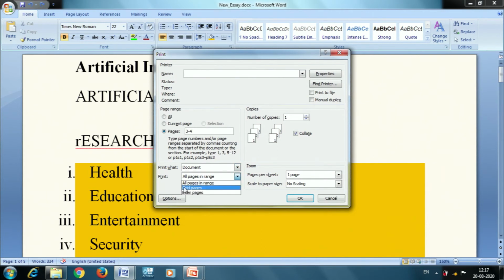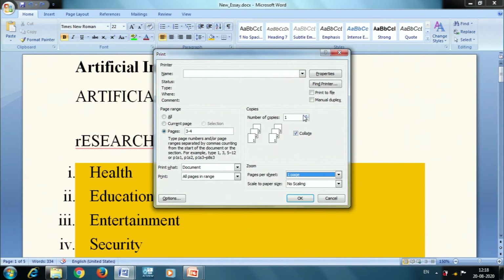Here we can give options like I want the printout of only odd pages, then I can give the option odd pages. If I want the printout of even pages, then I can give the option even pages. Then pages per sheet: if I want to print only one page per sheet, then I can choose this option. Otherwise 2 pages and 4, 6, 8 options are there. So I can choose whatever I want.